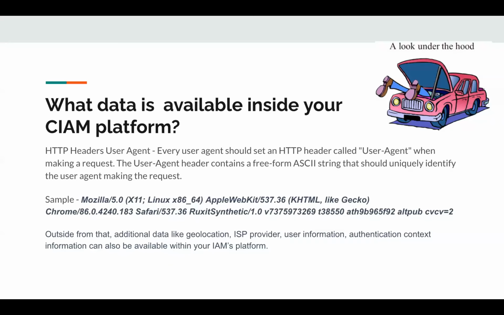It can also be providing information like your ISP provider. So if you're using Optus or Telstra as your internet provider, then that's another option that could be captured by your CIAM platform. User information, which is me as a user, and authentication context information, how I actually logged in, what form factor I used to log in, and how I was challenged for authentication, is also available within your CIAM